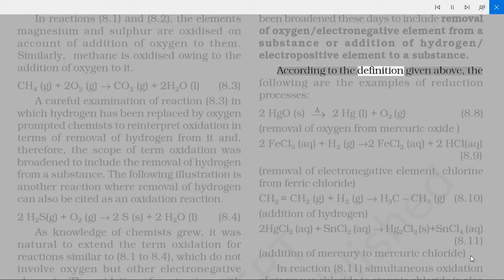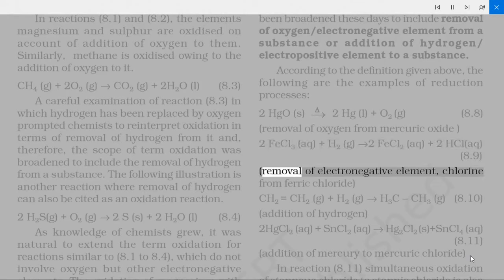According to the definition given above, the following are the examples of reduction processes: 2HgO(s) → 2Hg(l) + O2(g) (8.8), removal of oxygen from mercuric oxide; 2FeCl3(aq) + H2(g) → 2FeCl2(aq) + 2HCl(aq)